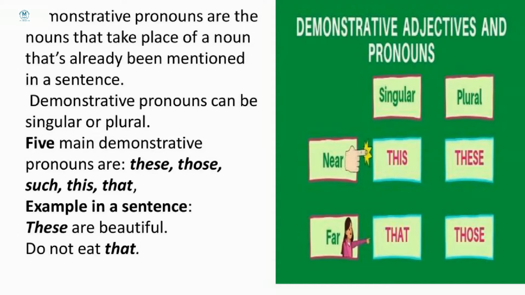For example, I say, roses are red in color. Again I want to say roses are beautiful. So: roses are red in color, roses are beautiful. No need to say it like that. Roses are red in color, these are beautiful. You can say these are beautiful because you are discussing them in the next sentence. So these roses are beautiful, or these are beautiful. You can use the demonstrative pronoun these. Do not eat that. I'm saying do not eat that. That means I have initially discussed that in the sentence.